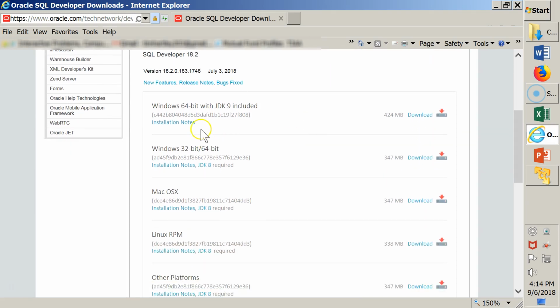We have Windows 64 with the Java Development Kit included, and also Windows 32 and 64-bit. It requires that you have the JDK version 8 installed already, and then a couple of others if you're dealing with the Mac, the Linux, and kind of a general install. I'm going to go with the 64-bit Windows with the JDK 9 already included. So I click on the download,